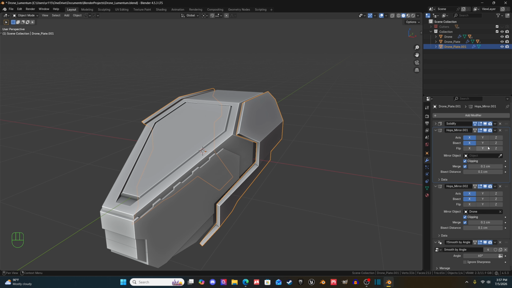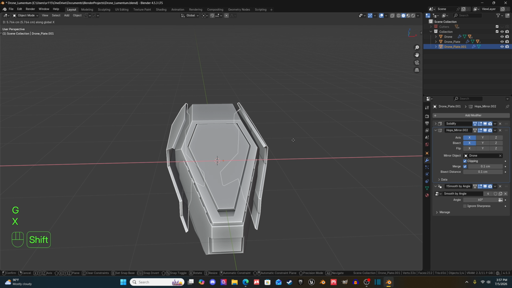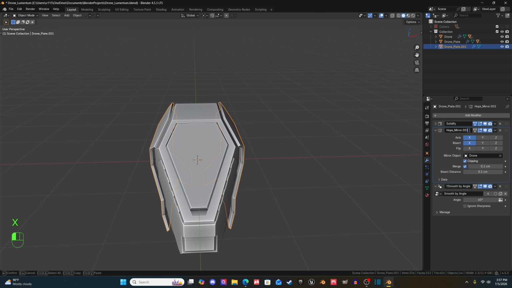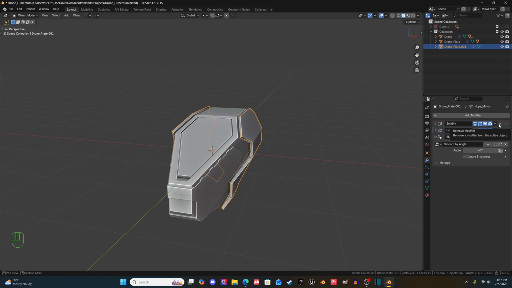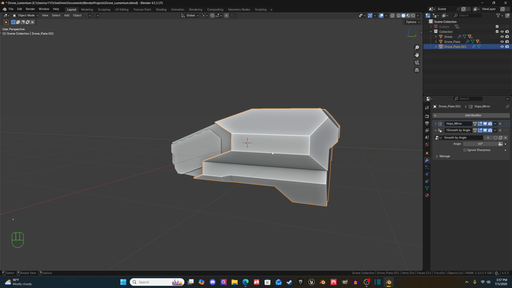I'm gonna remove that one. Remove that one. Let's see what's going on here. That usually does not happen. Okay, that's the one I need. So I'm actually gonna just make that the first one. Okay, so I'm gonna apply this solidify because I think I'm happy with the thickness. What we're gonna do is go back into face mode,